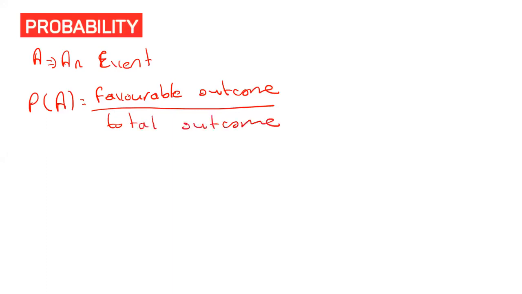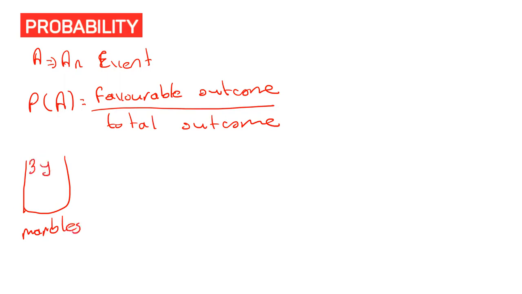So what does it mean? Favorable outcome means what the question is asking from you about the event, over total outcome. Total outcome, so in how many possible ways this event can happen. So for example, if I have a box and there are marbles in this box, and let's say there are